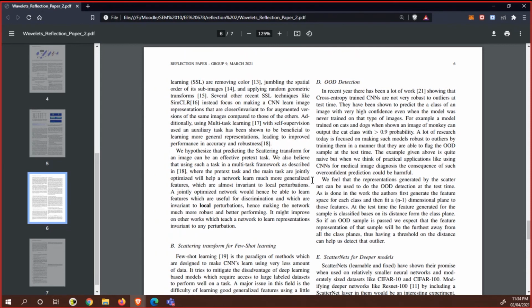The scattering transform, as we know, is invariant to different transformations, and this will help the network learn features which are similarly invariant to small perturbations. And we believe that making the network learn such features